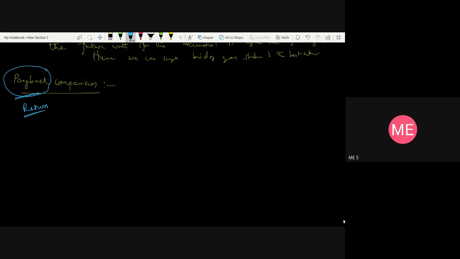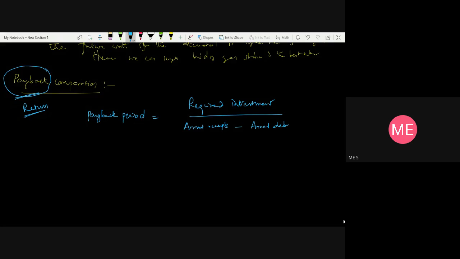Payback period is an estimation of the time before a proposed investment begins to show the profit, right? So if I look at the formula for this payback period, it is the required investment, how much you have invested, divided by annual receipts and annual expenditures. Annual receipts means the revenue you receive, and annual expenditure means the cost. So payback period is equal to,